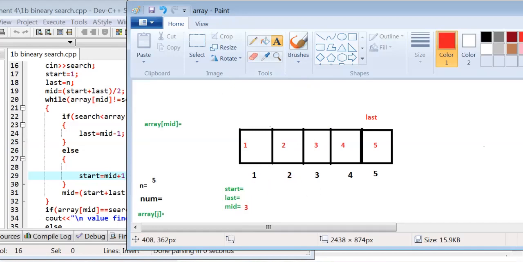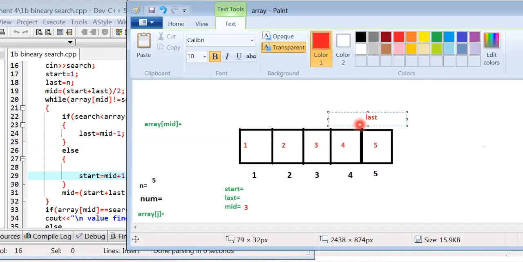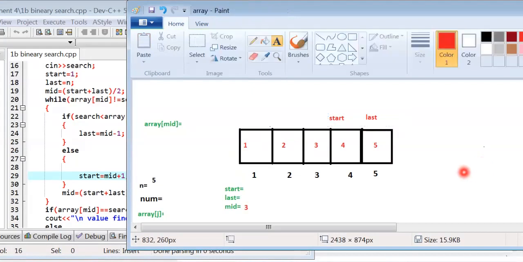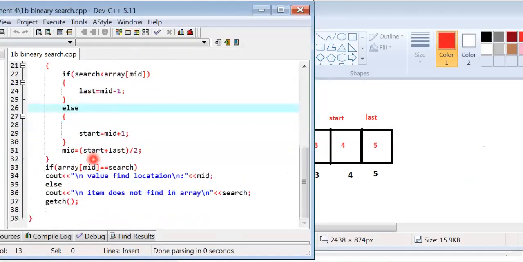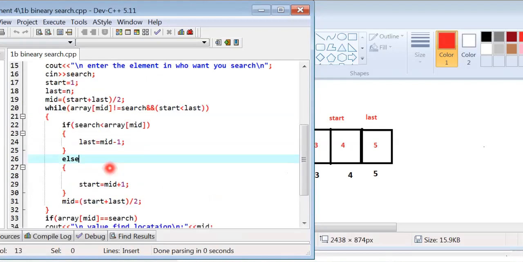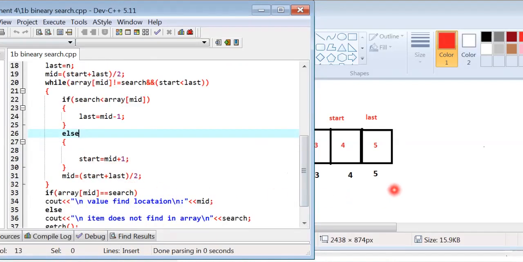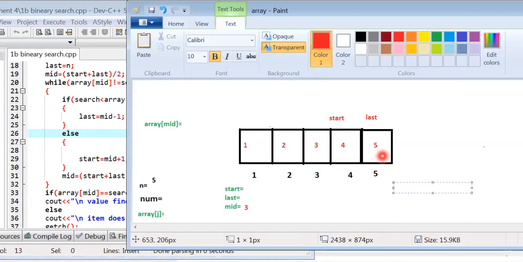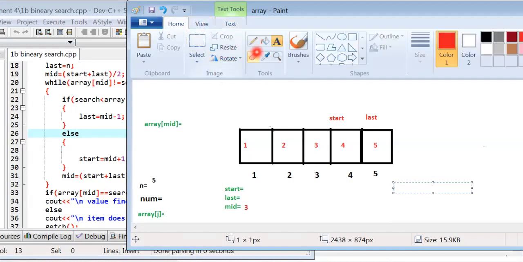The value of start is mid plus 1, meaning 3 plus 1 equals 4, so it points here at start. Mid equals start plus last divided by 2. The value is 4 plus 5 equals 9, and half of 9 is 4.5, which means 4. The value of mid is now 4.